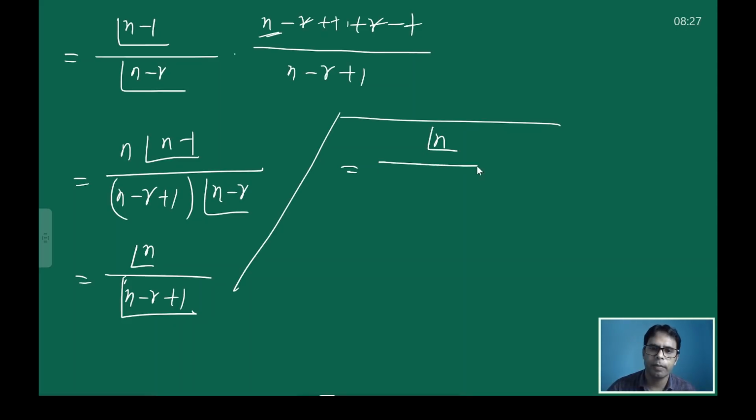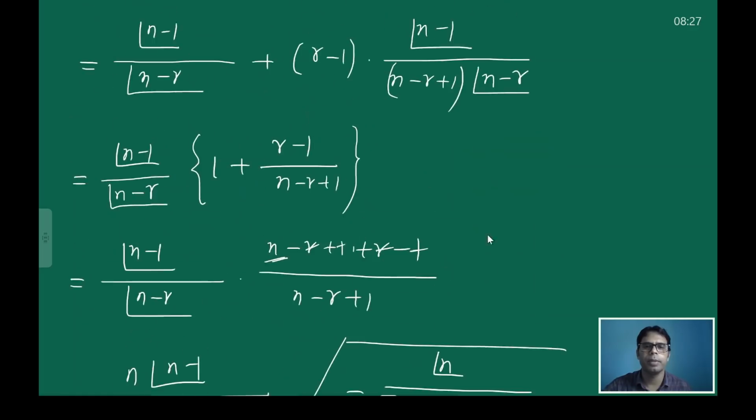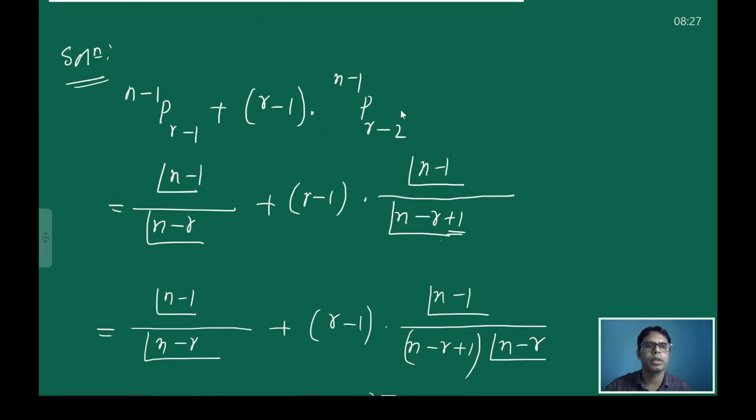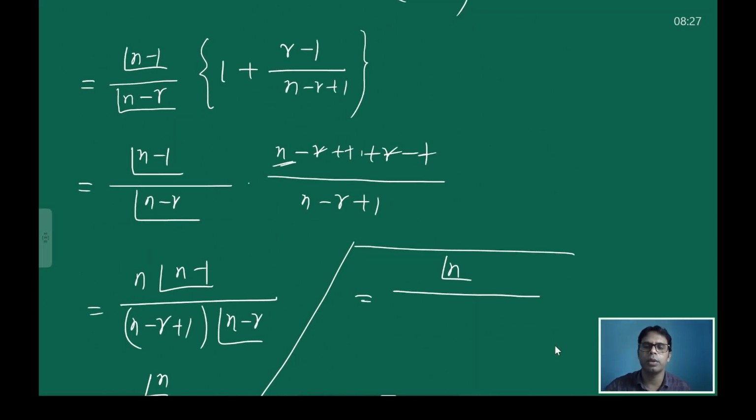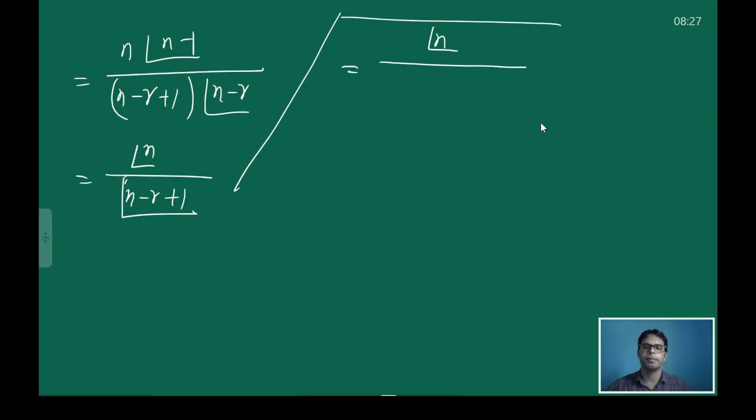how to write this. What was our question? Let me look once. The question has the denominator; on the left hand side we have to get r minus 1. Okay, so we have to make this r minus 1. Okay, so this is n